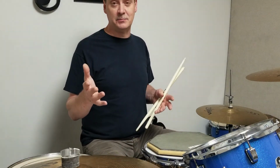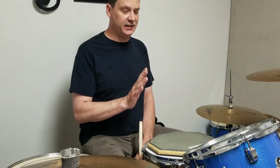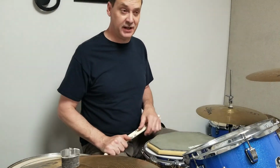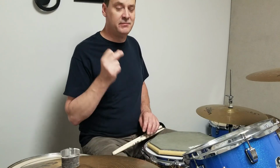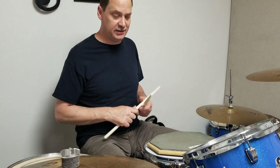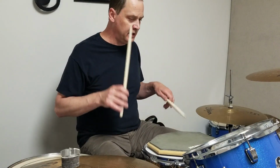Now, if you've got a smartphone or a tablet, you can get on your favorite app store, whatever, Google, Samsung, Apple, whatever. You can download a metronome app. There's plenty of free ones out there. There's plenty of ones that are just a couple bucks, whatever. I like Tempo Perfect, Soundbrenner's another good one. You can set that and it'll give you a click on a nice even space. And if you practice along to that with some headphones, you'll really get good time, which of course is what we're after as drummers. 1 e and 2 e and 3 e and 4 e and